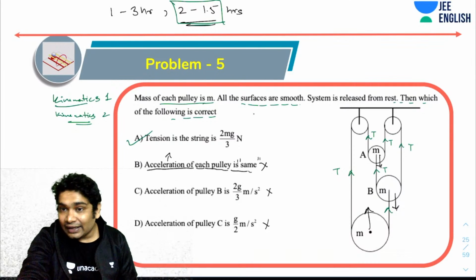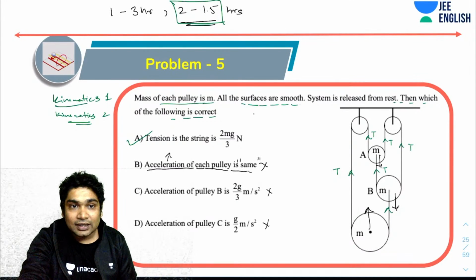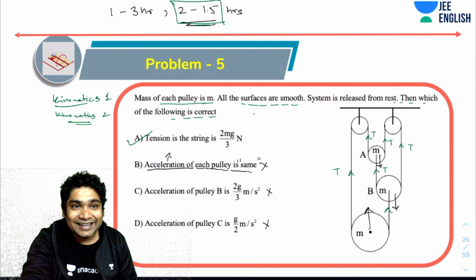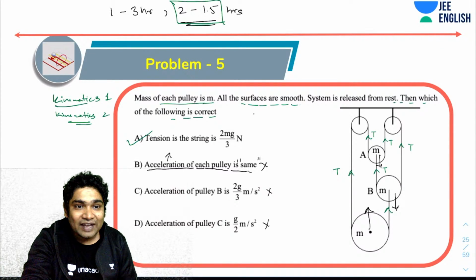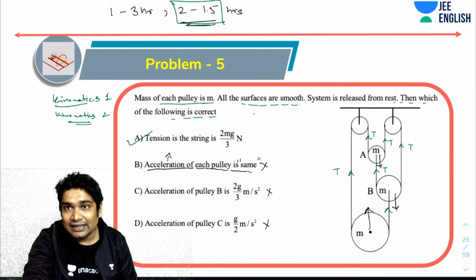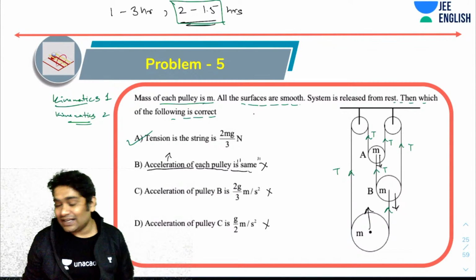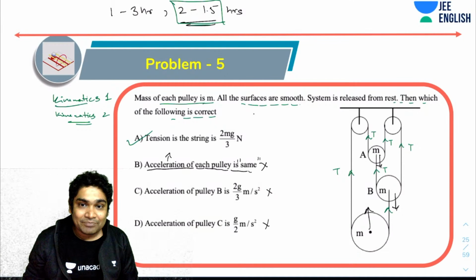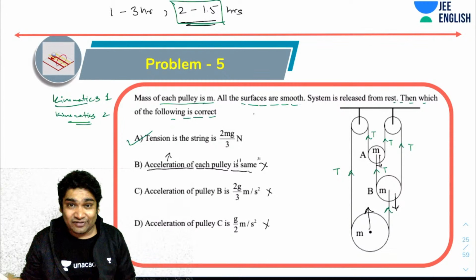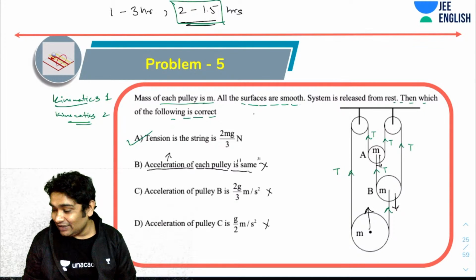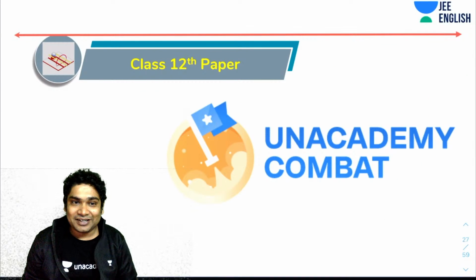Now I just realized that there were 7 questions in the paper, and I took only 5 somehow by mistake, I think. So what we'll do is we are in any case running out of time a bit, so we will discuss the rest of the questions in the next class because this session already has been quite long. So we will take up the rest of the questions in the next class. Okay. So don't worry about it. So first 5 problems I've discussed. From 6 and 7, I missed that and I started the class 12 paper.